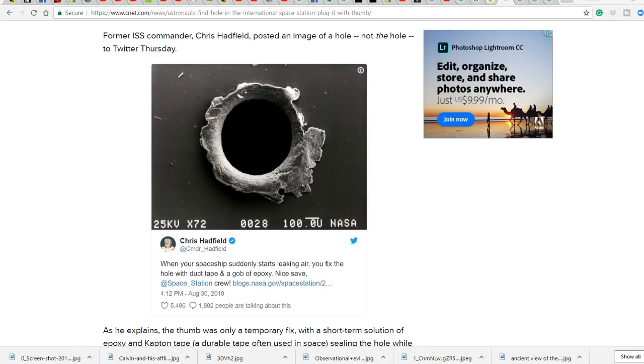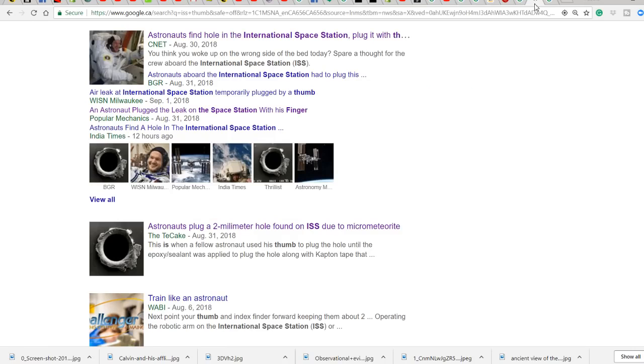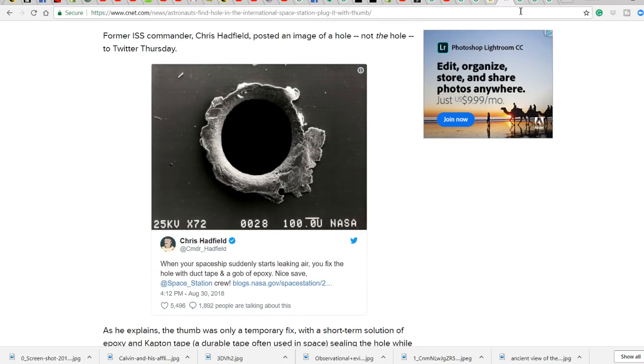Well, anyways, they got this hole going on here, and now it seems like they're going to be backtracking, but everyone's seen this hole. This is the hole that was circulating everywhere. It was all throughout the news. You can clearly see all the different journalists. You got CNET, you got BGR, you've got all the actual media running with the hole. And you got Chris Hadfield: when the spaceship suddenly starts leaking air, you fix the hole with duct tape. Nice save, he says. Got the old NASA stamp on here, timestamps. But the only problem with this is,